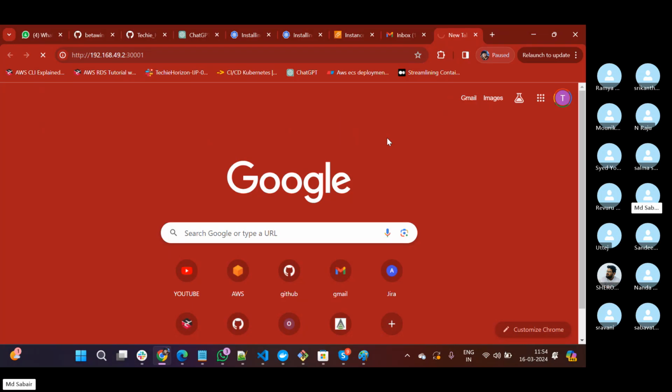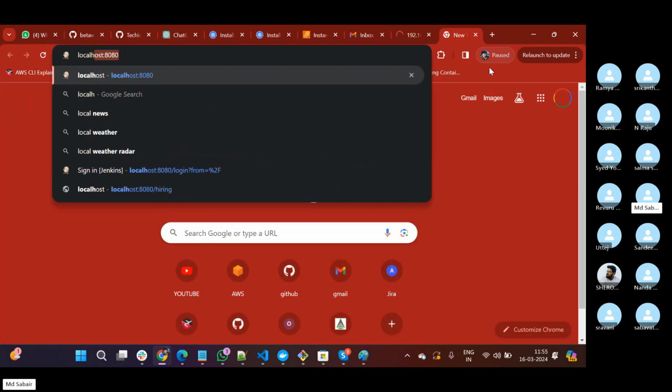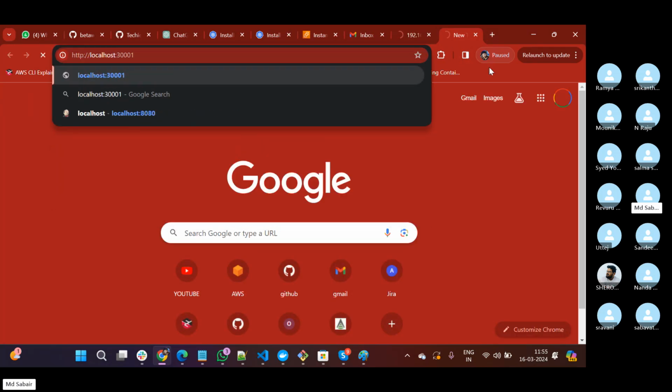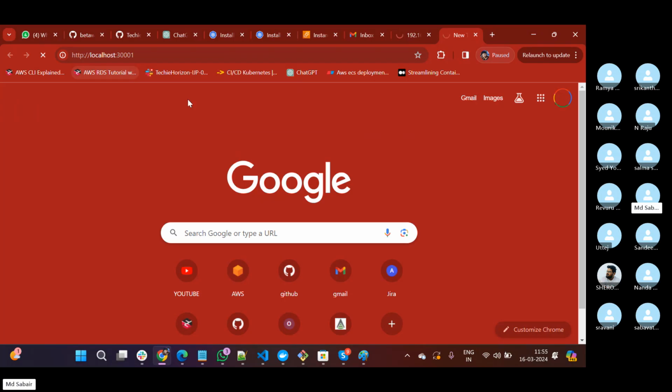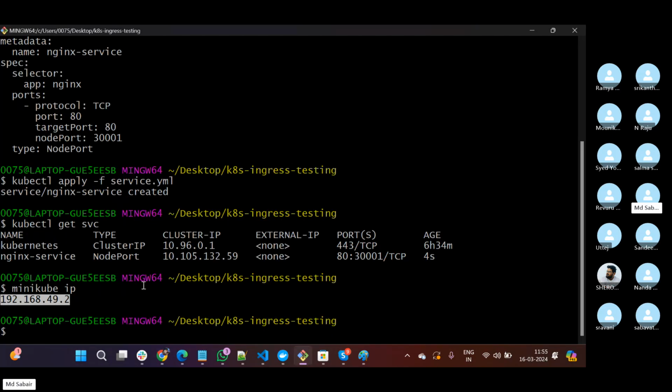Usually it should work, but because we are in Minikube, this will not be working because Minikube is running inside one Docker. We need to make sure that we are exposing the host port as well. Even if I use localhost colon 30001, this will be the same issue for you guys as well. You will not be able to access your application, whatever service you are using. So what I will do,